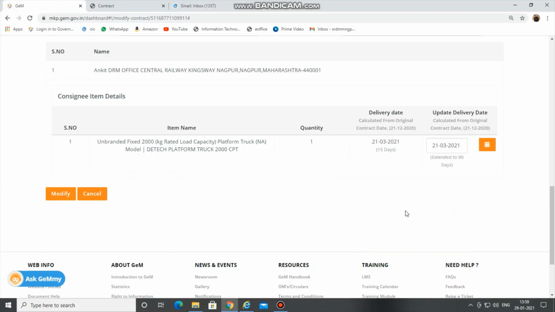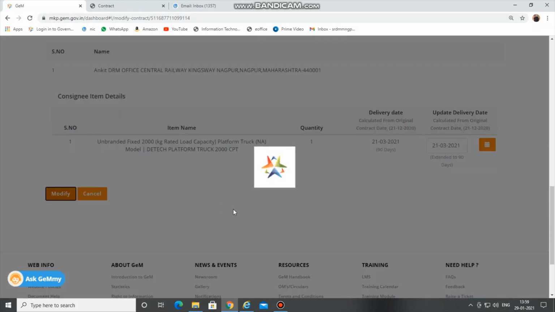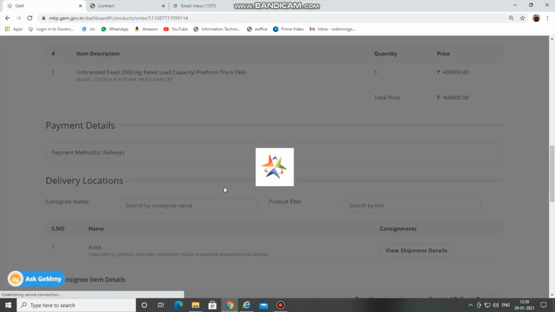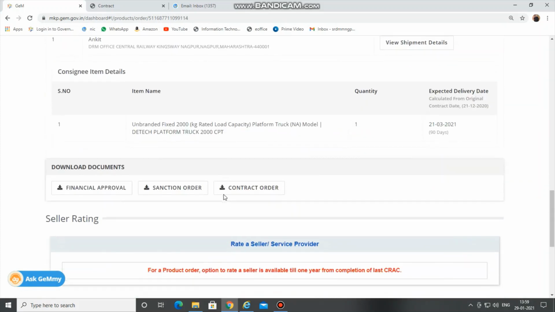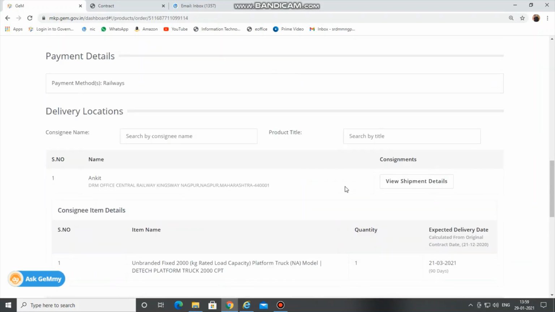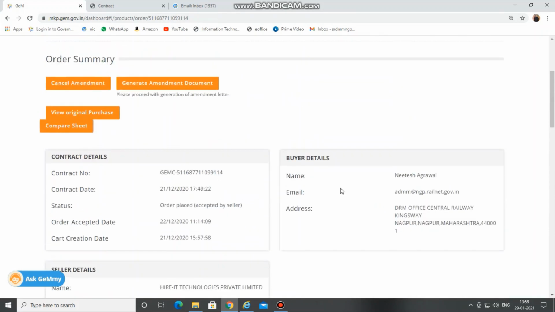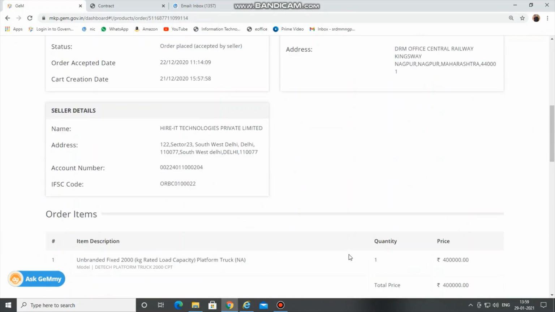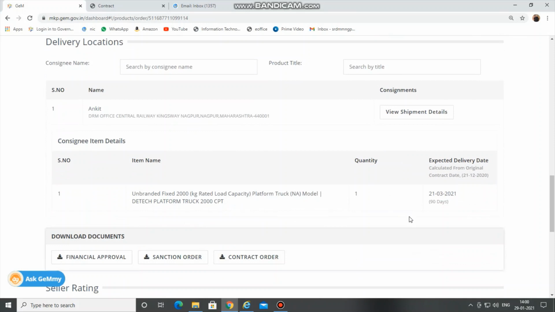21st of March. So now it has been extended to 90 days. Now I will click on modify button and the request for delivery date, the delivery date has now been amended to 90 days. Now one point is to be noted, when this 90 days option has been selected for DP, while the actual